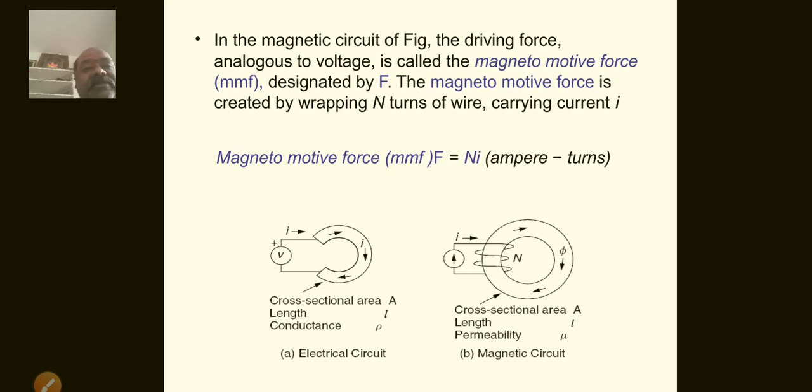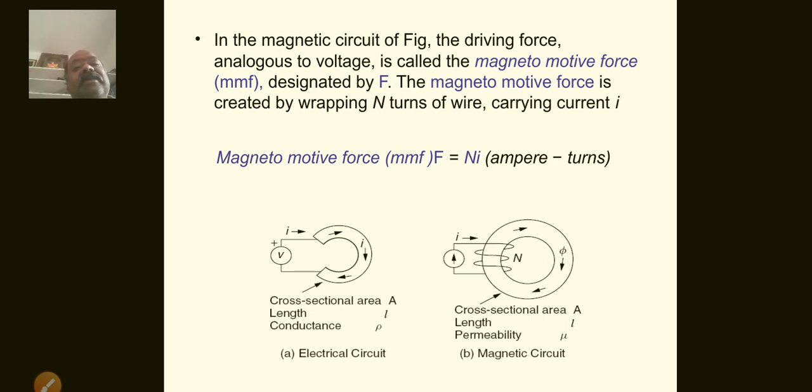Just observe that here both circuits will be there, the electric circuit and the magnetic circuit. We will take the electric circuit first. Here is the voltage across the two terminals, with the current passing through, with cross sectional area and length of the conductor, from plus to minus. If we take a magnetic circuit, there is cross sectional area, length and permeability, with N number of turns and the current flowing through the coil. Around that wire it produces a magnetic field, producing a flux indicated by phi in these two figures.